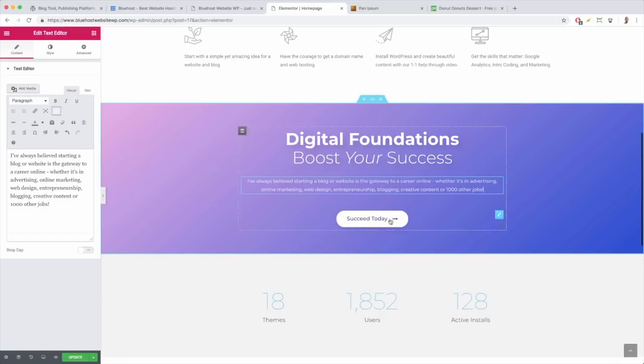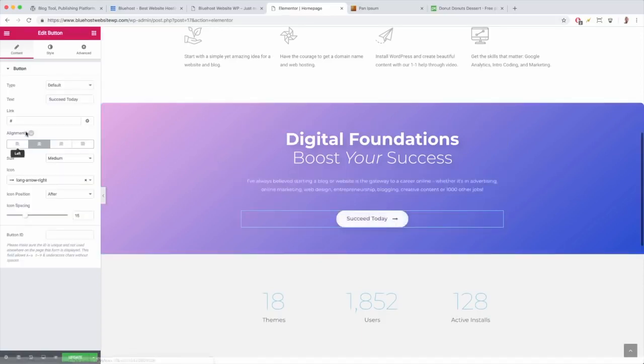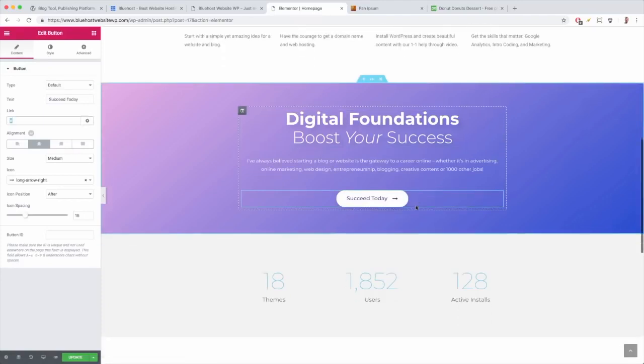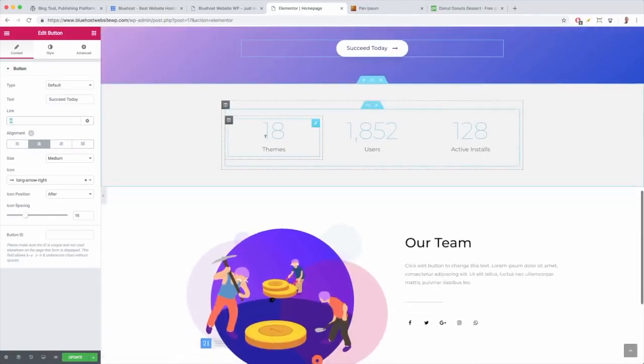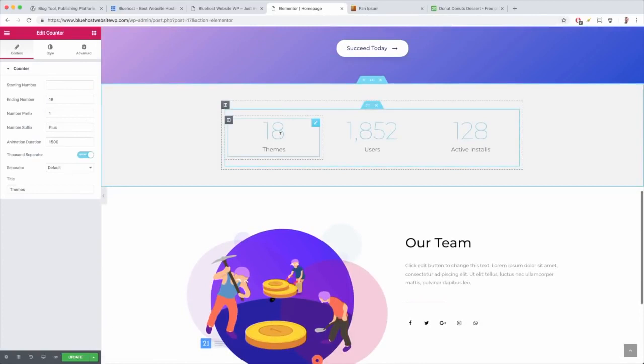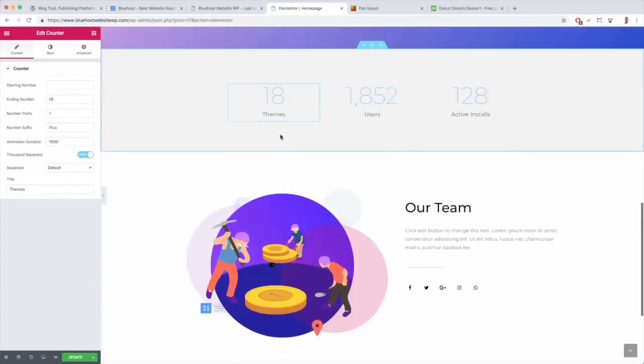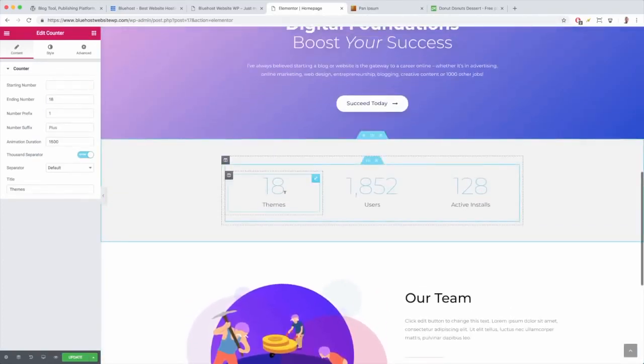Okay, then the Succeed Today button will just go to the video. So for now, you can just click on that and leave the link as a pound sign. Down below, we're going to change up our counter. That's really easy, and I'm sure you get the picture by now. We're literally just clicking on top of these beautiful sections and changing up the data that we have right on